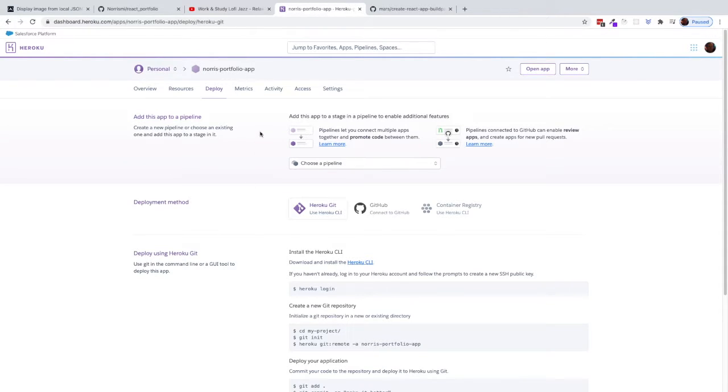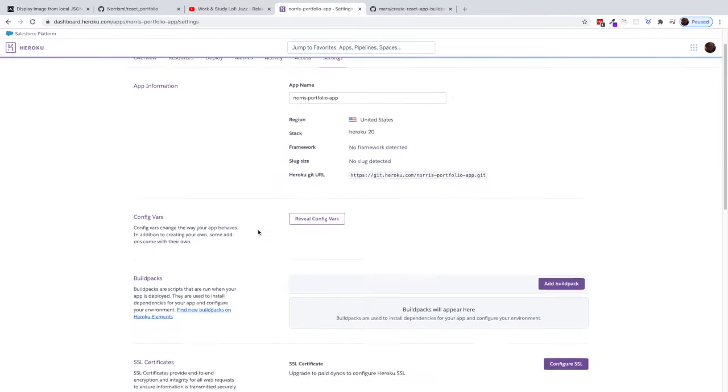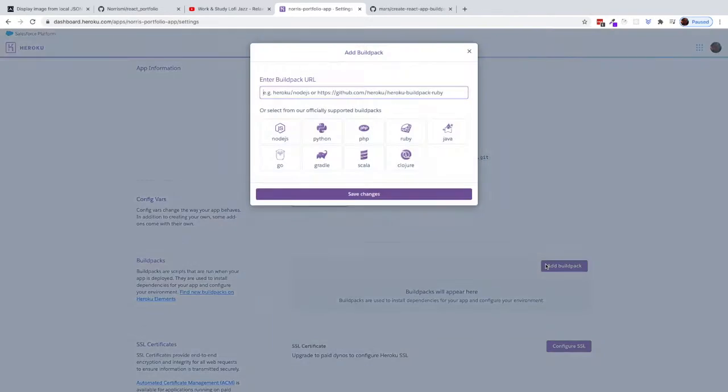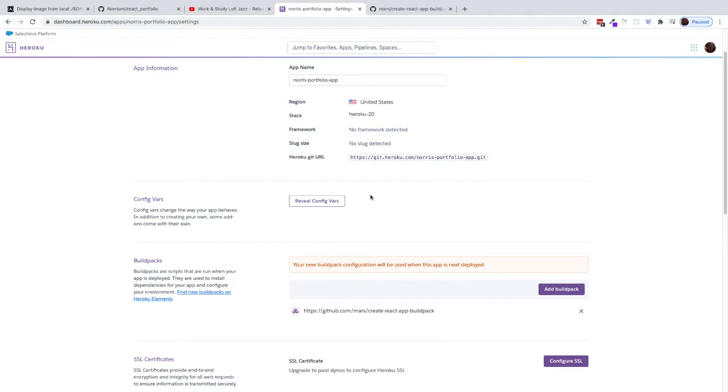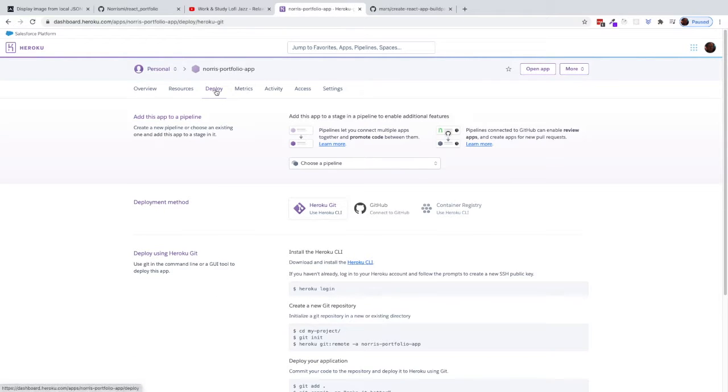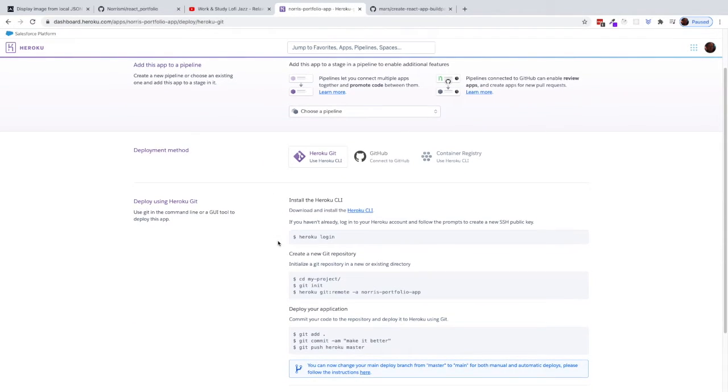Heroku and go to Settings, and then we'll add a buildpack down here, and then just go ahead and copy paste in the name, and then just save changes, and then you can see it was added down here. Now go back to deploy, and we'll go to